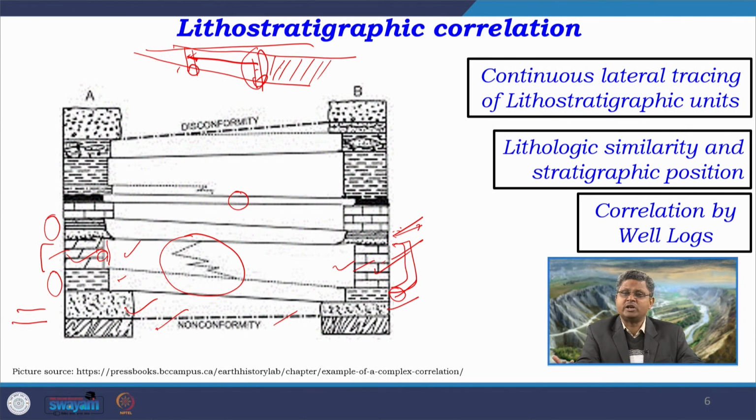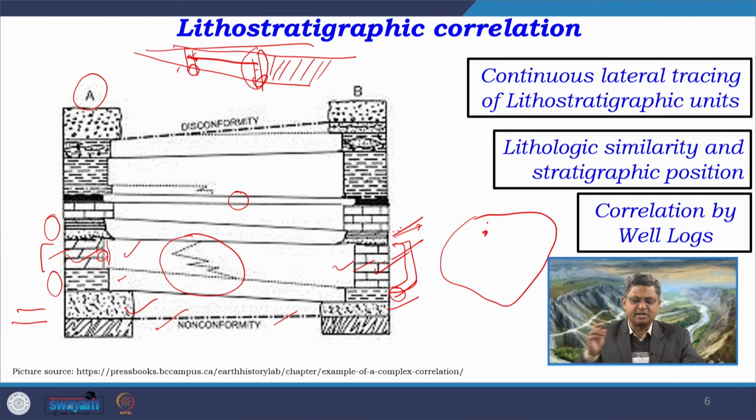But for that purpose, what is required? We have to correlate several logs, because when I say this particular log from area A, it is just representing one small section, it is not representing the entire basin. So from one basin, say if this is the entire basinal area, this point A may be representing only this part. What about the other portion? Say this area B is over here. When I make a correlation between A and B, I get this particular section. But what about the other portions?